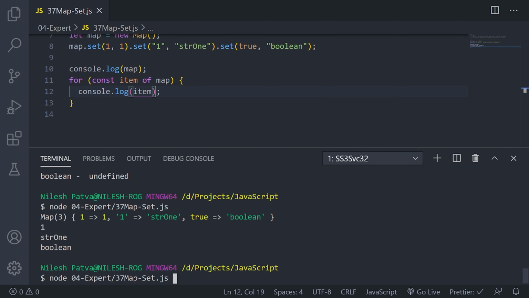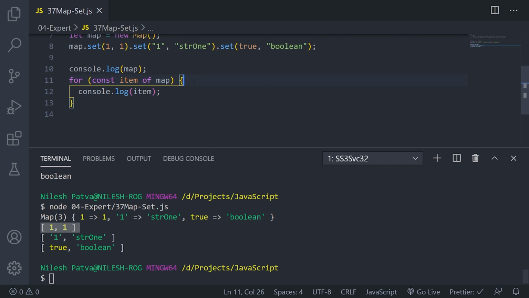If I run, you can see it gives me key value, key value, key value, key value as an array. So key, then value. This is what happens if you iterate directly using the for of loop over a map: it gives you the key value pair, as this is giving me, right? So that is how this map works.